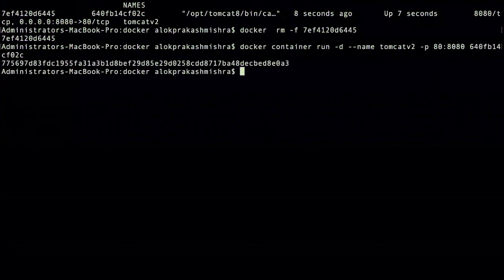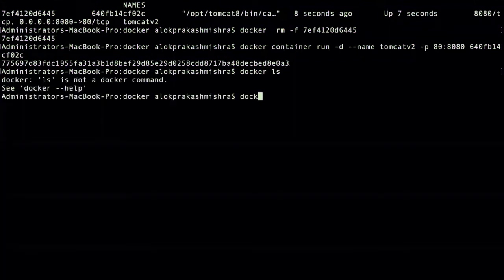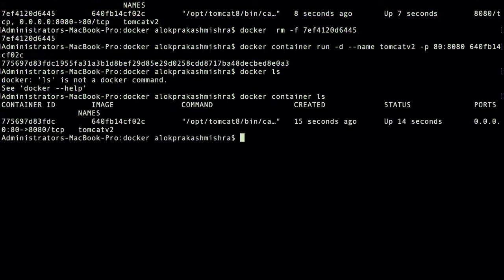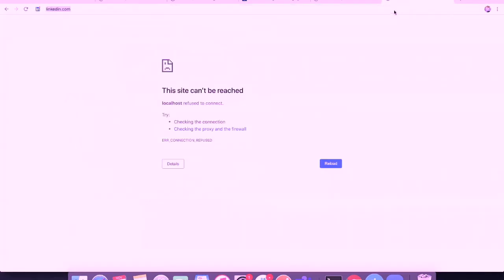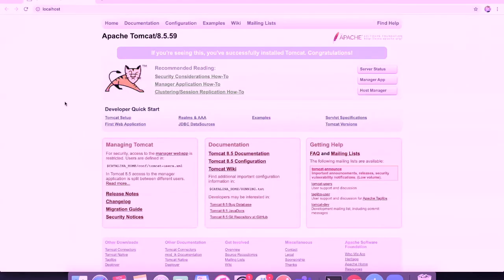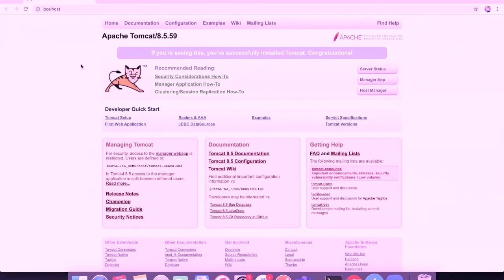Now it is running. You can give docker container ls. It's running. You can go and check this. See, now Tomcat is running. This is the sample war that we copied.